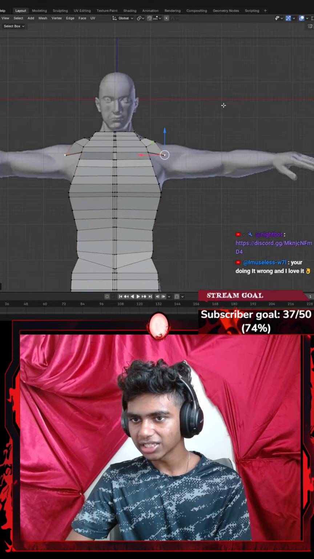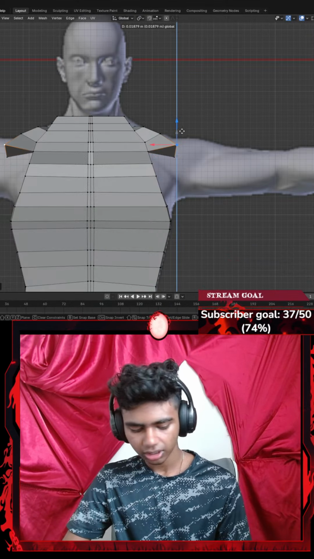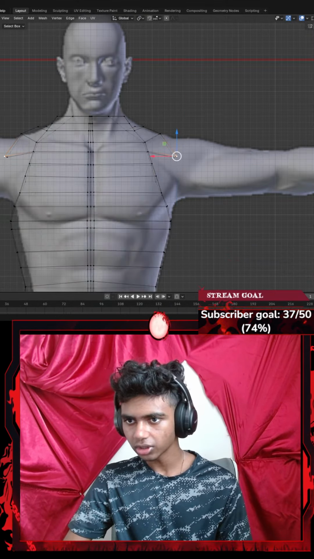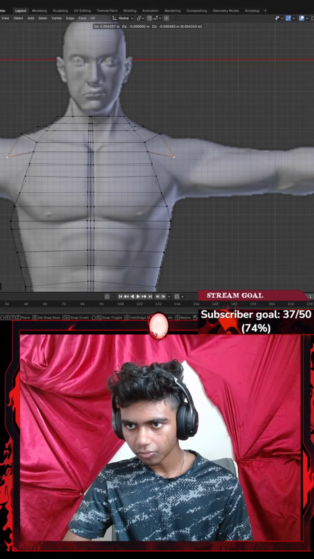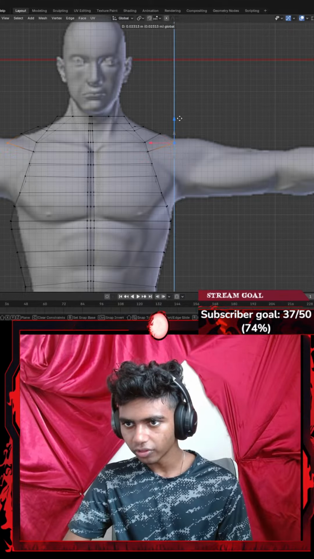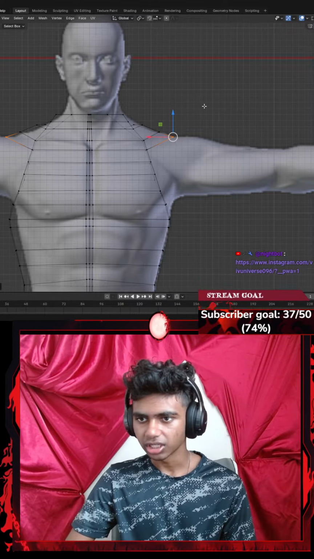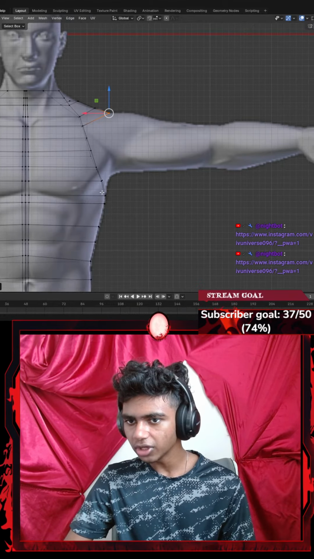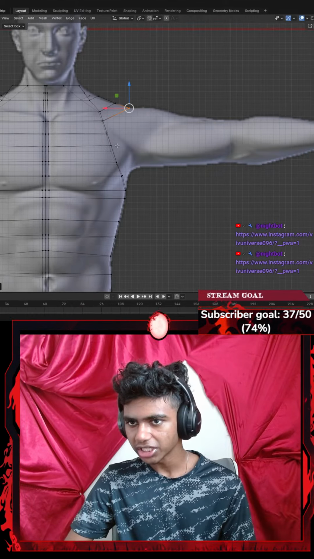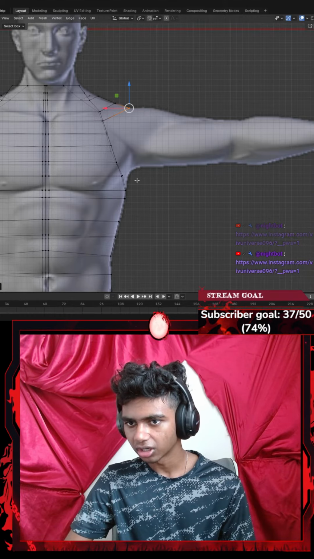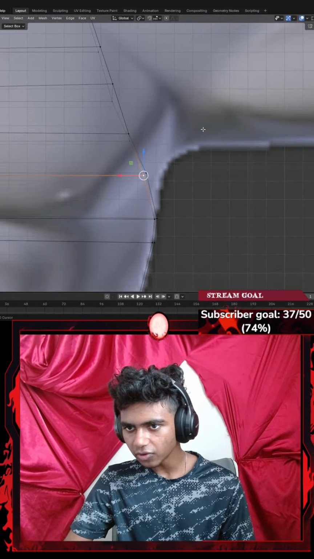Okay, wait, let's go with the y-axis again. Now, I'm gonna maybe get this a bit higher. Oops, let's select both of them. There we go. I'm gonna select them both and then adjust that a bit higher. I mean, this should look good, honestly. So the arm is gonna be all the way from here. So I gotta extrude from here and then adjust it there and then extrude the side from here. So I gotta change my vertices up from here.